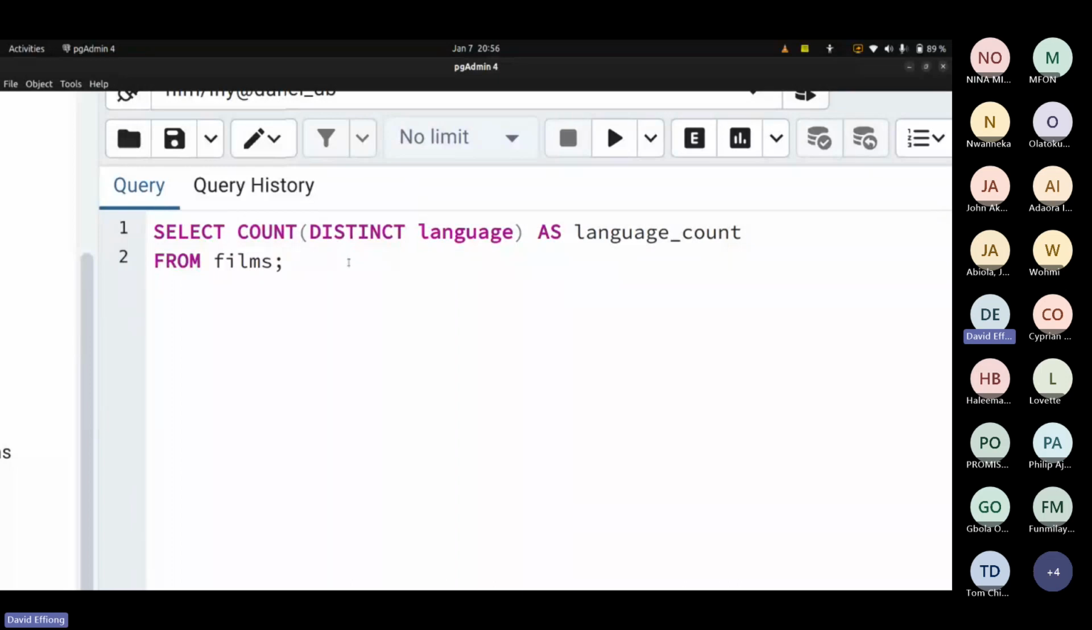So if you want to remember, just actually say it like you're talking to the database. You can be like, okay, I want to select. Okay, I want to count. Count comes first. I want to count the unique languages. So you're like, okay, I want to count the unique,